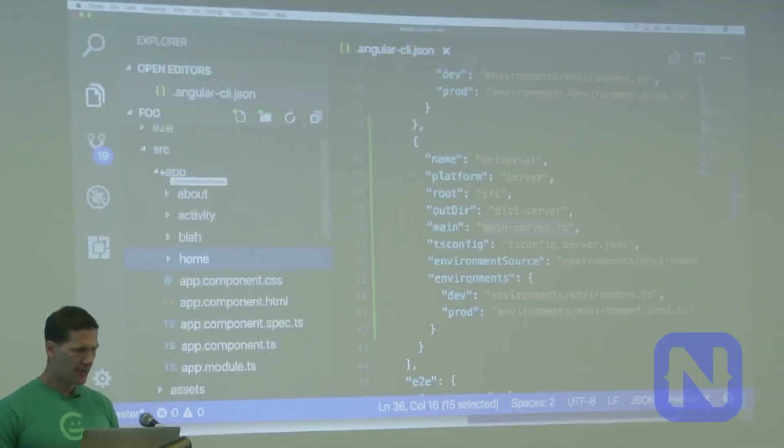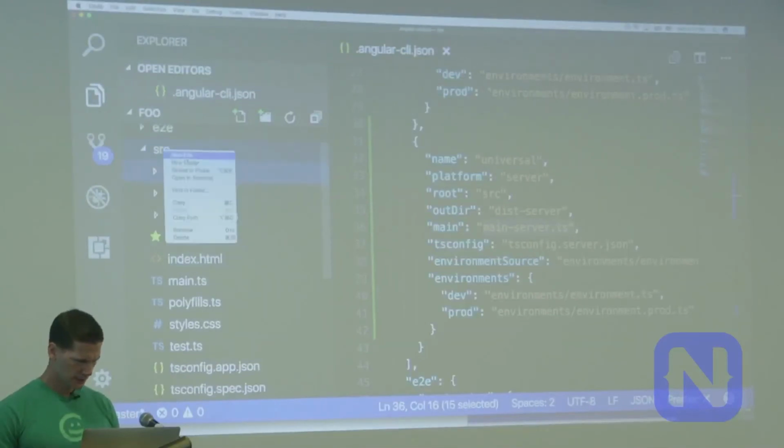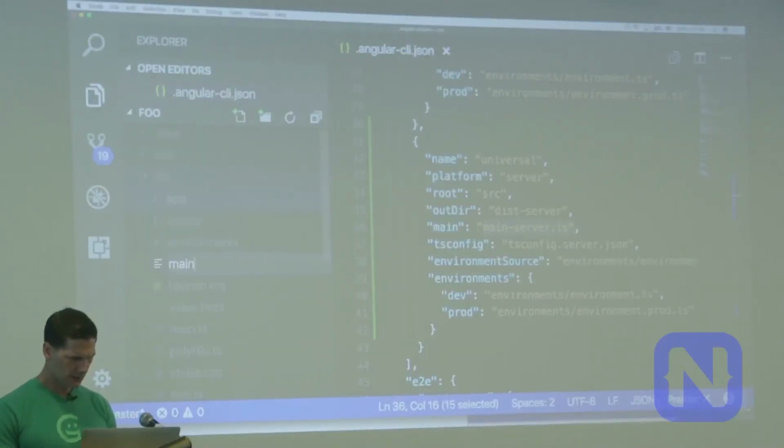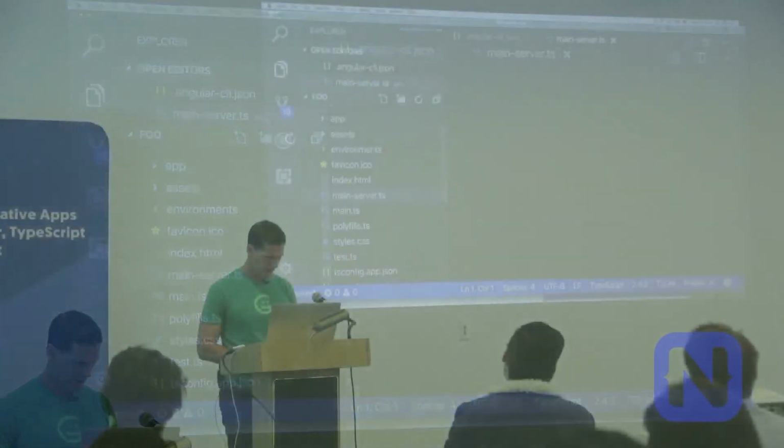So there's the main.ts, and we're going to create a new file for main server.ts.